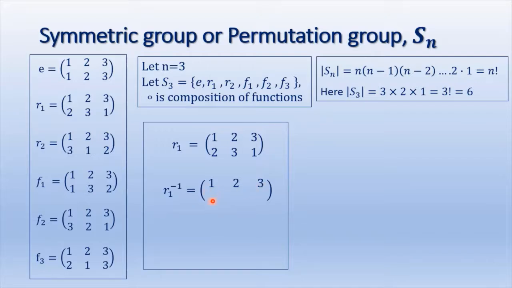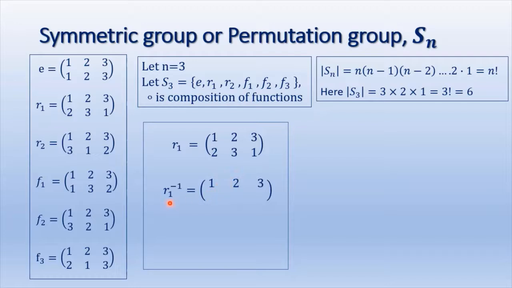As you see in any of these permutations, in the first row we are writing 1, 2, 3. To find the inverse image, normally when we say that R1, a function, maps one element to another element, we say the image of 1 is 2. Similarly, we say that the pre-image of 2 is 1. So when 1 is mapped to 2, the image of 1 is 2 and the pre-image of 2 is 1. So when a function is defined from one set to another, the inverse function is from the codomain to the domain. Here the permutation is on the same set, so we have A only.